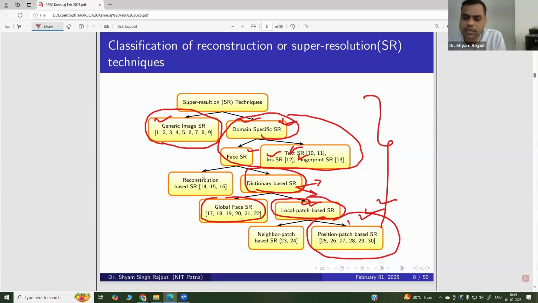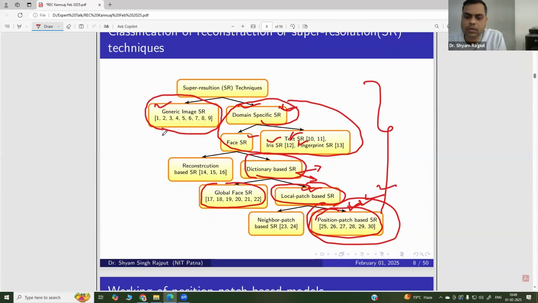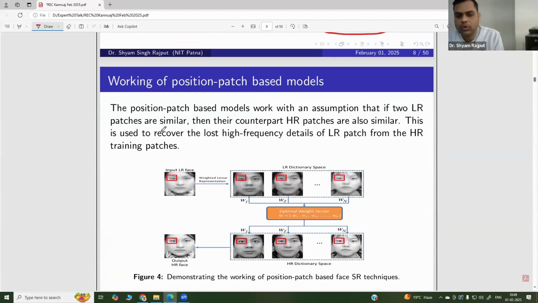Because of this reason, in the coming slides we are focusing only on the position patch based super resolution technique. So let's try to understand one fundamental concept of the position patch based super resolution technique. This concept was given by Ma et al. in 2010, and the paper was published in